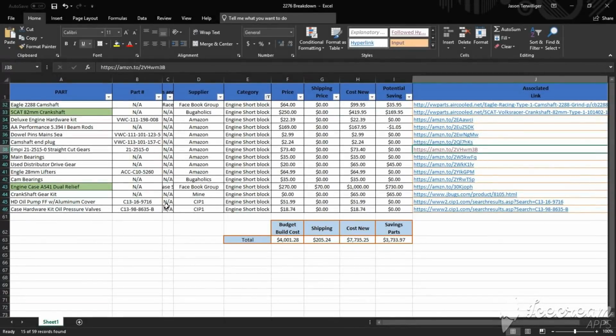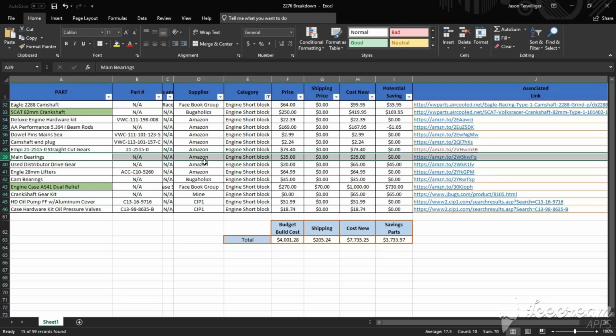Let's close that down. Okay, bearings. Honestly, wherever you're getting your crankshaft and your camshaft from, if your case is brand new, it's going to be standard. You're going to have standard bearings. But if you're getting a crank from someplace, have them match your bearings there. I picked up my bearings from Bugaholics. I have them listed on here as Amazon because whatever you buy is going to be different. These are just standard bearings for a brand new